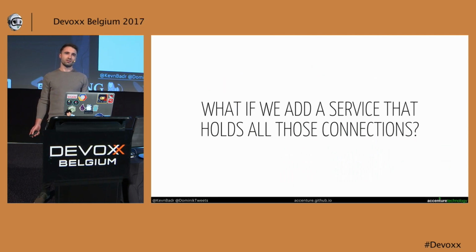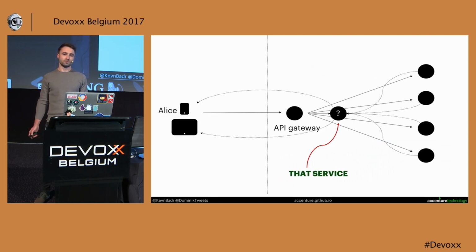We could add a service that holds all those connections for us. You see that all the connections go to that service, and this service holds all the connections to the front ends. So we have decoupled that. One thing that's still coupled here is that all services are coupled to this service that consumes the events from